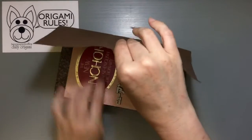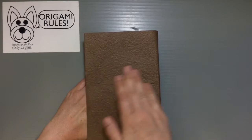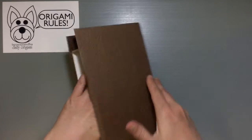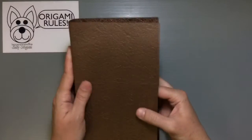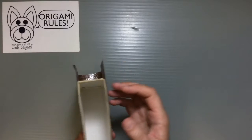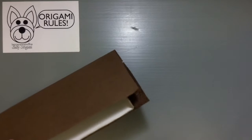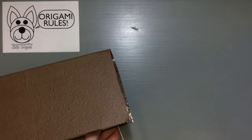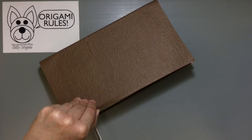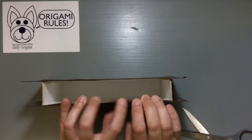And then I'm just going to take this and pull it all the way over as far as I can. Now, if you had something a little bit bigger, you'd have a little more space and a little more forgiveness there, but you wind up getting something like this. Now, the first thing I'm going to do is cut here and allow these parts to fold in. So when I do this, I usually start by doing a little trimming right along the corner. And like I said, in this case, this one's really tight and almost just barely fits. But I'm just going to pull this down as much as I can